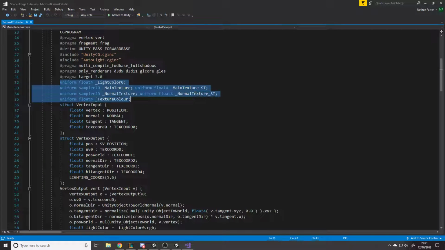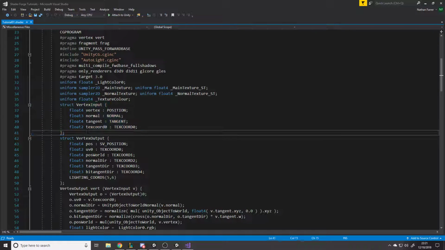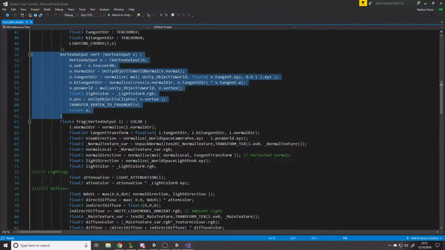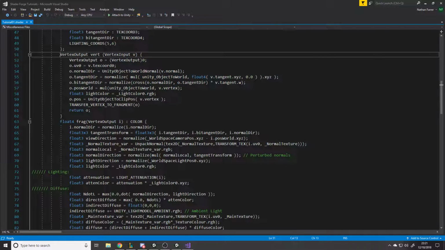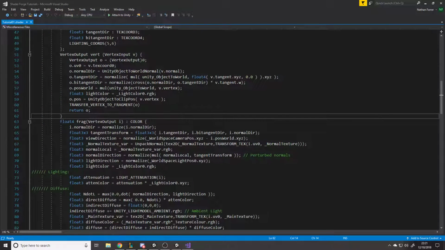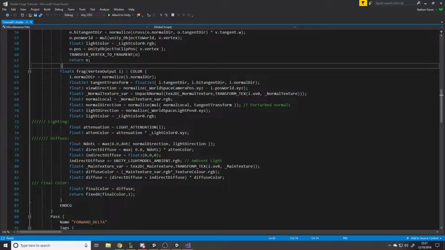these are the values we bring in. This is what a vertex, all the data on a vertex, is. A vertice. If you've used structs before, you'll know it's basically an object that stores multiple bits of data. And this is what a vertice stores. And then this is the vertex function that calculates where the vertex is meant to be. At the moment, it doesn't really do anything because we've not got any vertex offsets, so it just returns as normal. But it also returns data on the vertices, which is useful for,